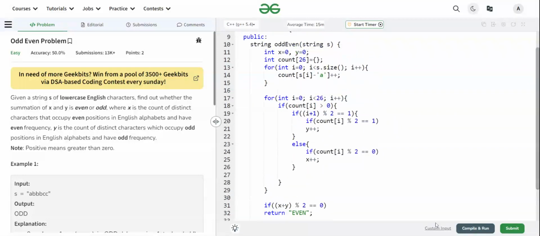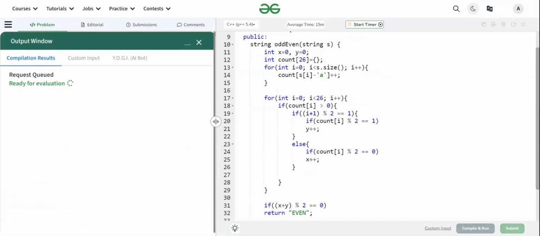So now let's check the sample case. So it's odd. Now submit.